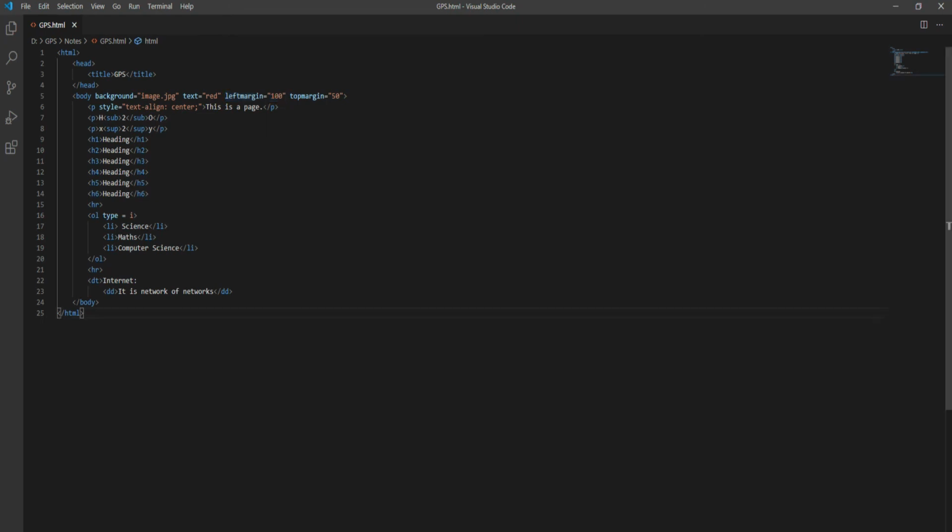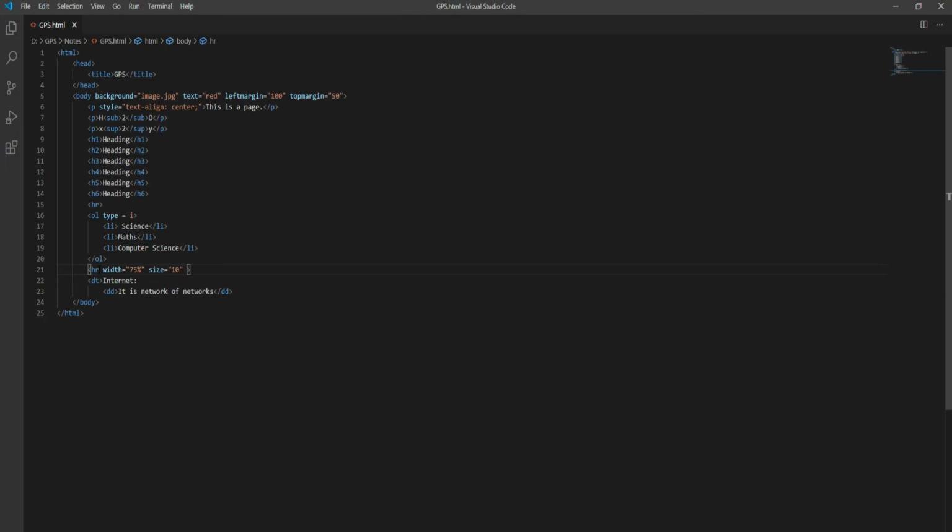We can also customize this HR tag. How can we customize this tag? Let's suppose we are trying to customize it, that we require it at 75% of the total page width, and the size of this line will be 100 pixels.